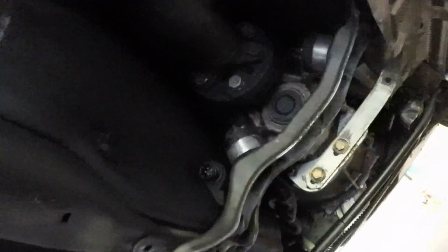Okay, so look, E36 drive shaft. It's the Guibo. Two-piece drive shaft, so it connects here. There's a bearing in here. Okay, so you see these bolts. You can spin the drive shaft now because it's out of gear and the